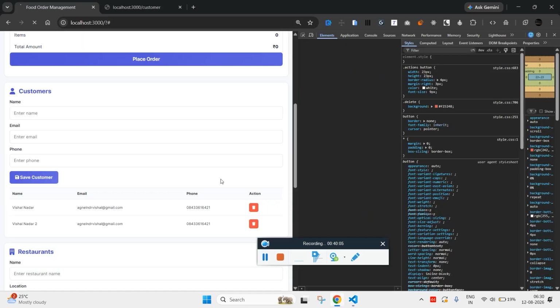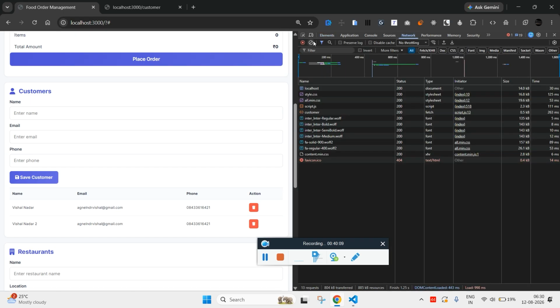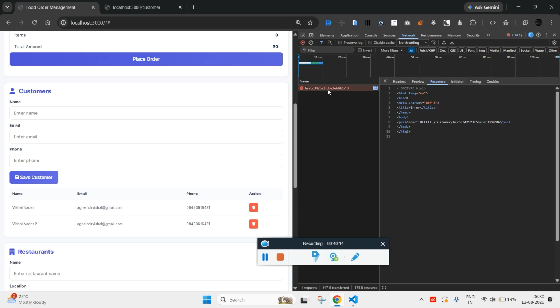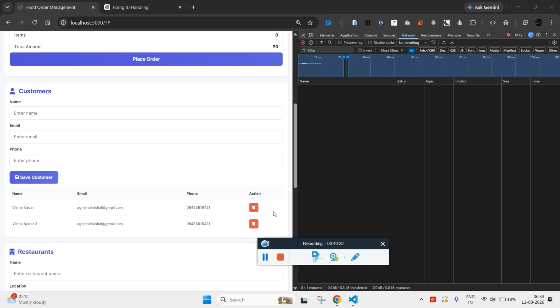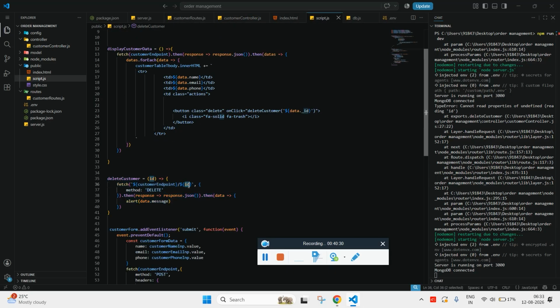So if I click on it, a request should get sent, and it should be a DELETE request to /customer/id. Now what we have to do is, if I click on this, a request would get sent to this URL,